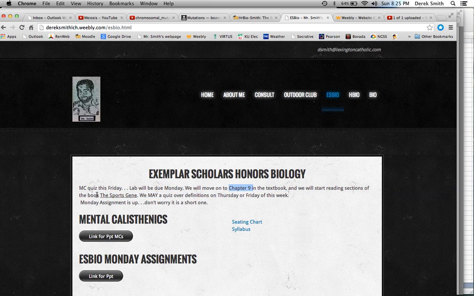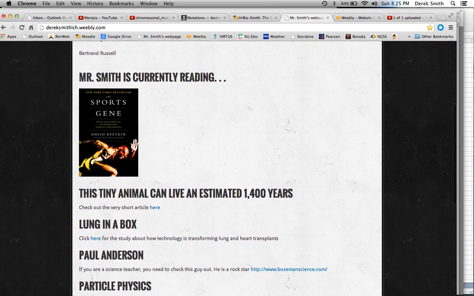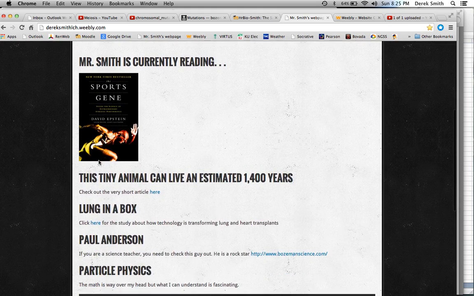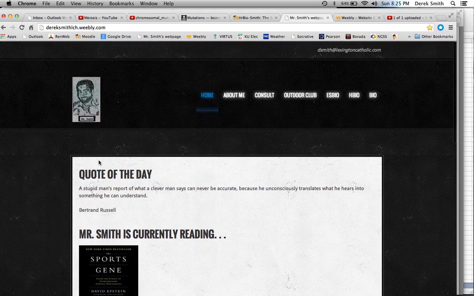We're going to start reading parts of the book called The Sports Gene. This is a book I'm currently reading, and I'm going to have the students read it. It's a pretty fascinating book about genetics, since we're talking about genetics. So, anyway,